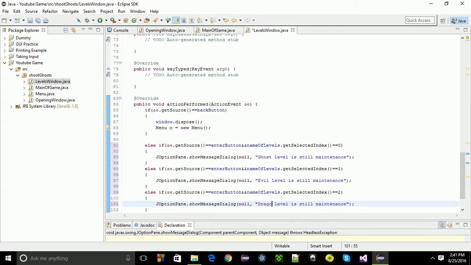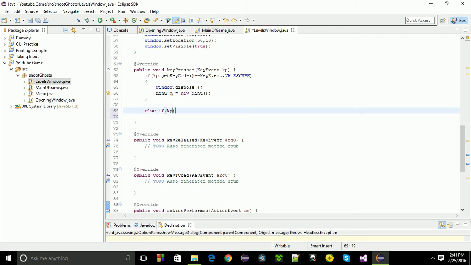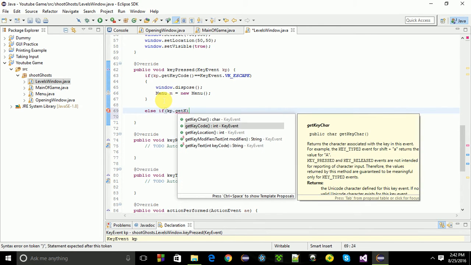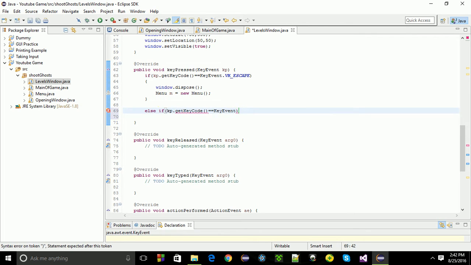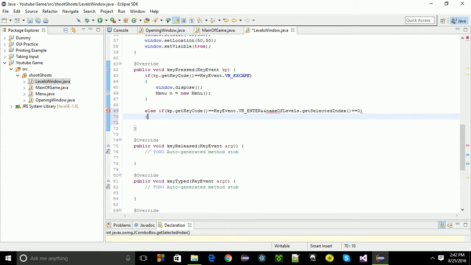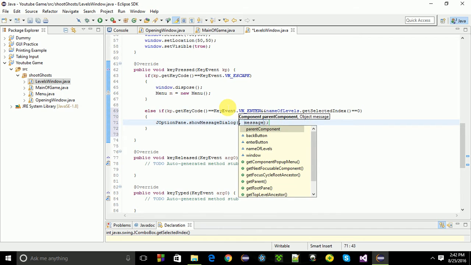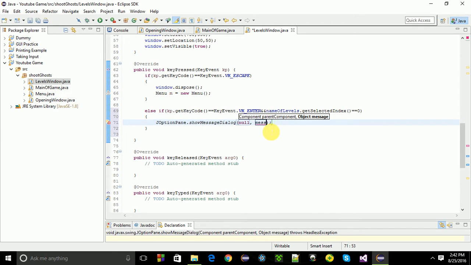I want the exact same thing to happen when my key events are pressed. So else if kp dot get key code equals KeyEvent dot VK underscore ENTER and name of levels dot get selected index equals 0, it's gonna print this JOptionPane dot showMessageDialog. It's gonna be null. You can give it any buttons you want, but it's gonna be null for me. I'm gonna write dragon level not ready. So again, for the sake of time, I'm gonna copy paste it,